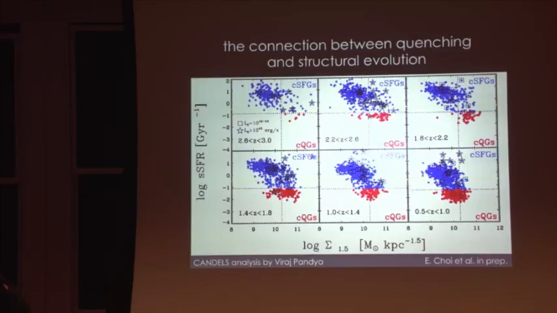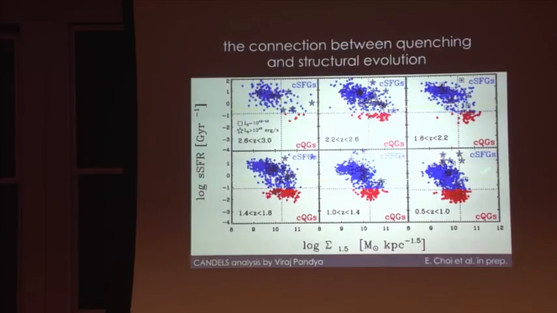Okay, so now we can look at this diagram in redshift slices, going down from redshift 3 to redshift 0.5. These lines are just to guide your eye to see these different quadrants of, again, extended star forming, compact star forming, compact quiescent, and extended quiescent. And what you can see is that galaxies seem to be first moving down, becoming quenched, becoming quiescent, and then they start to populate this quadrant.